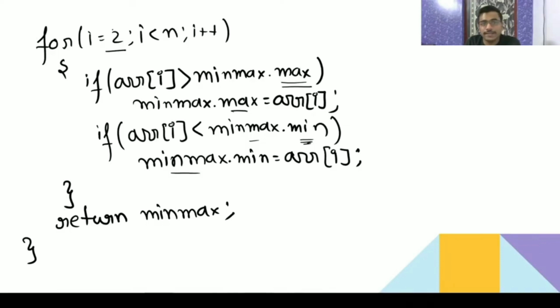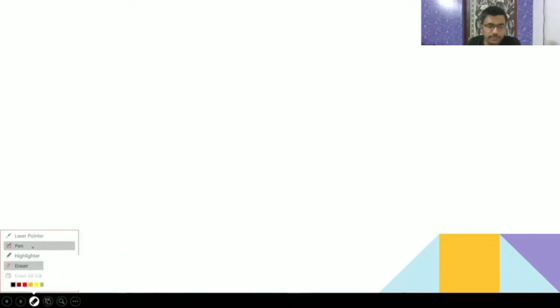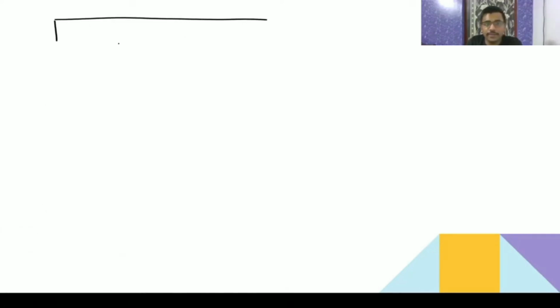Okay, see, this is what happens when i is equal to 2. See with the code, if I take some array, then it will be easy to make you understand. Let me take some array, okay. With that it will be more clear. I'm taking it randomly, you give some numbers.